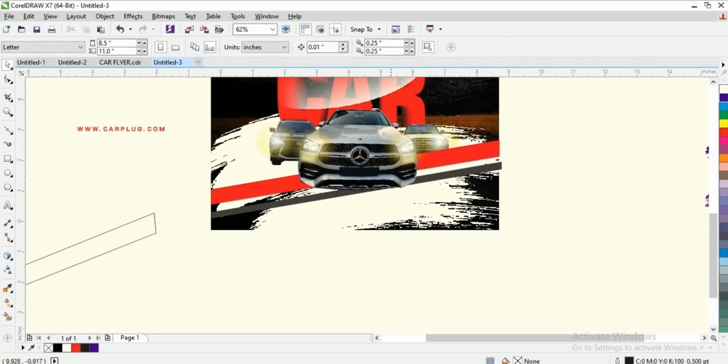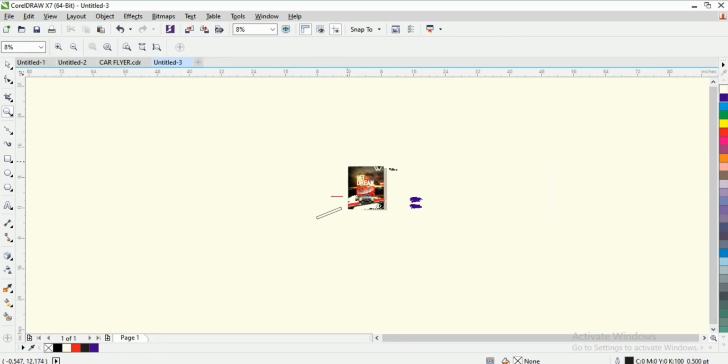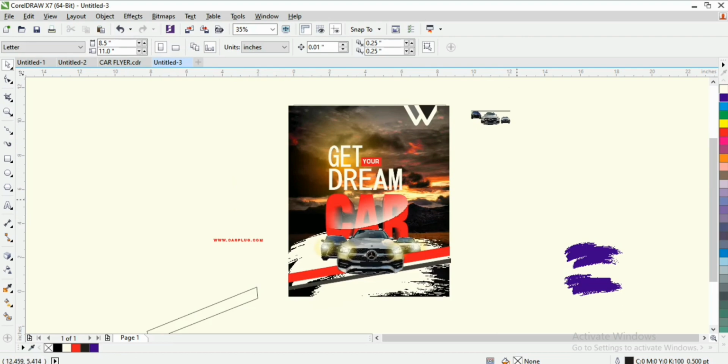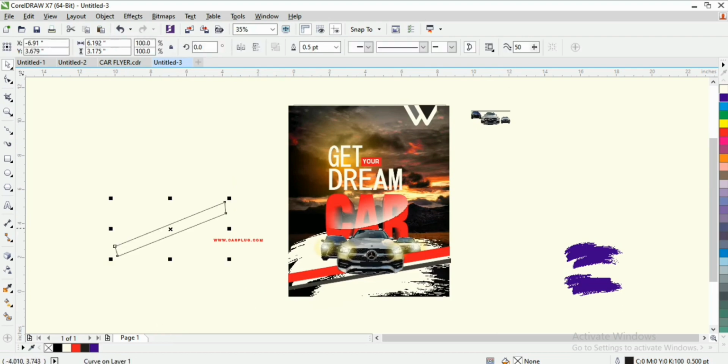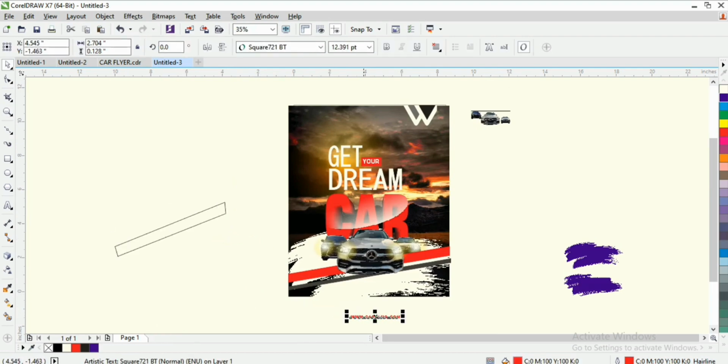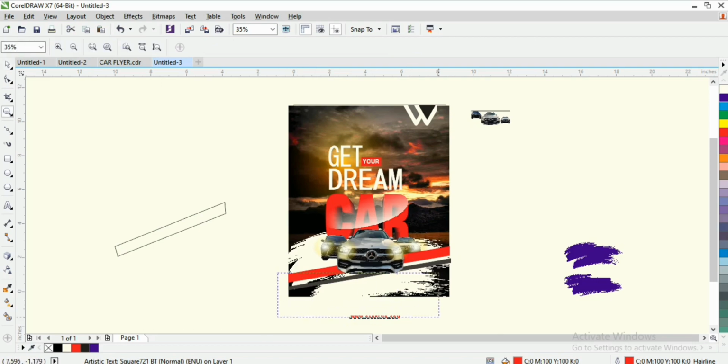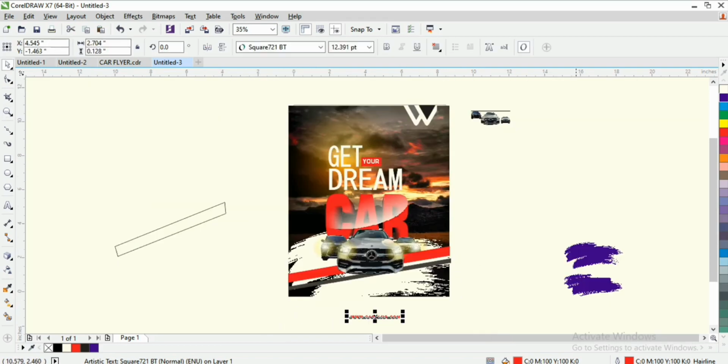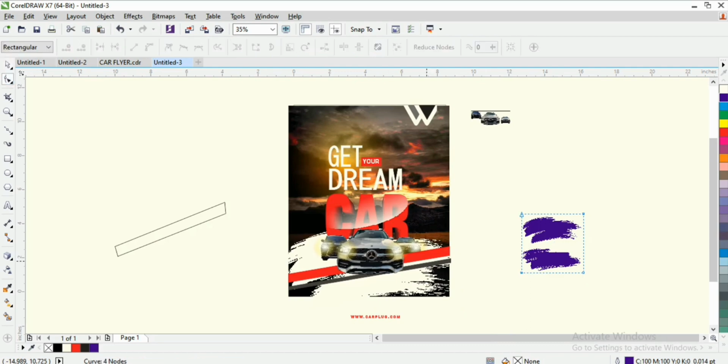We are getting close. I'm still going to arrange everything perfectly well. I just want to place everything where they ought to be before I give the perfect touch and all. Even the car, I will still increase the car. So this is their website. I want their website to be below. So I'm still going to be using this